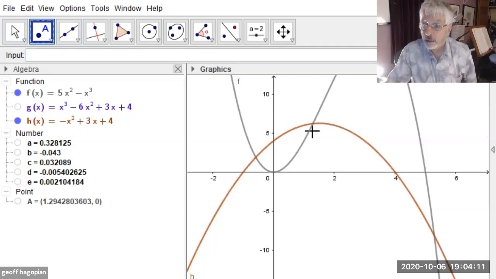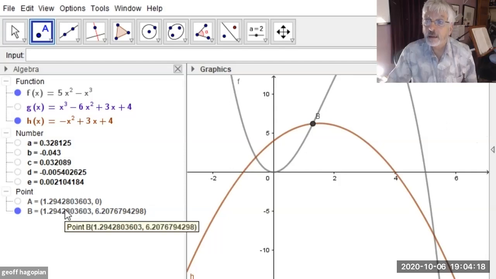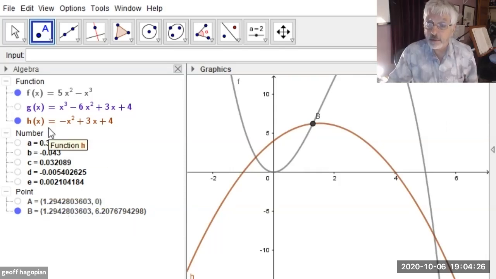I want a point. Got the point tool. And notice that it's 1.294. It's the same number, right? So now suppose we were saying, okay, what are the names of these functions? We've got the left side is f of x, and the right side is h of x. So in the book,